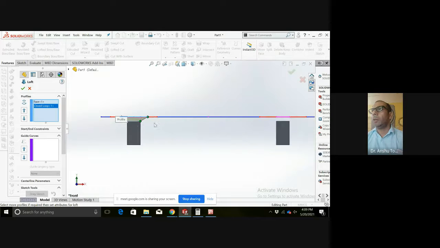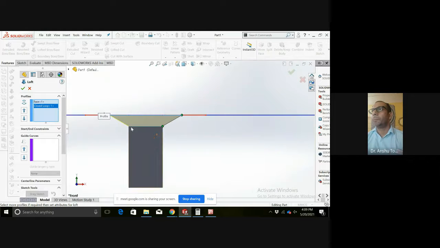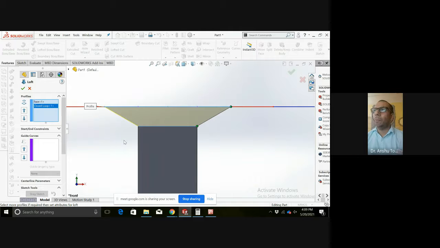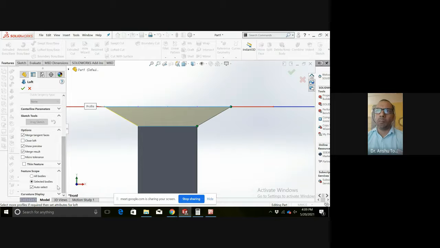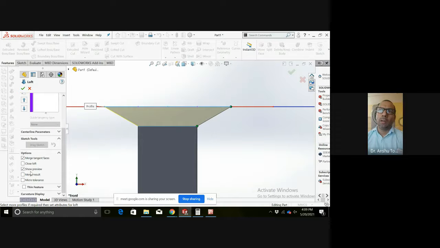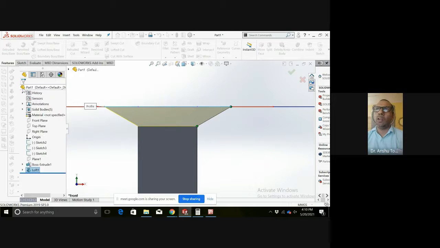Now, if you see the front view, everything is okay. We have been able to develop a haunch like this. Now I am not going to merge it. If I merge it, what is going to happen? It is going to merge with this particular column which I have just erected. So I would have to develop all the other lofts on all four columns, but I want my time to be saved. So I will unmerge it.